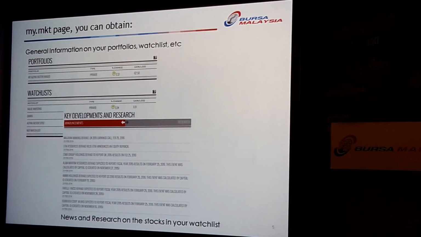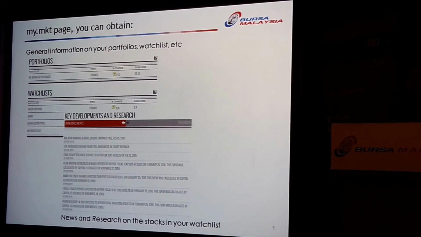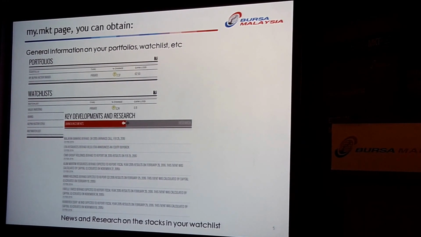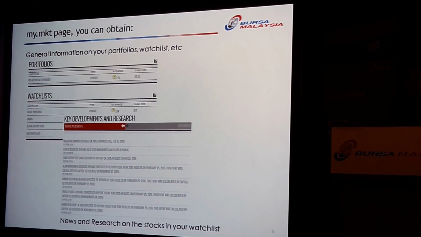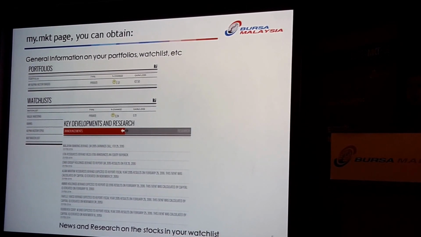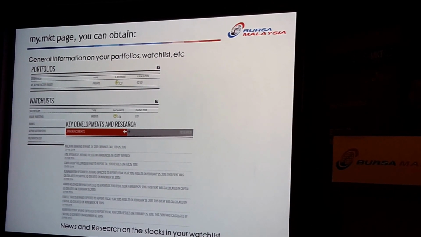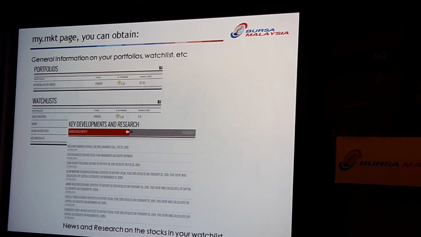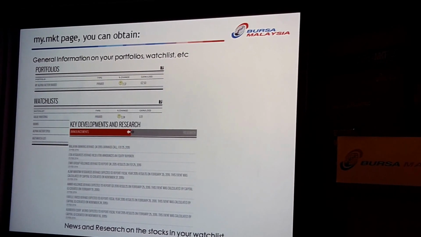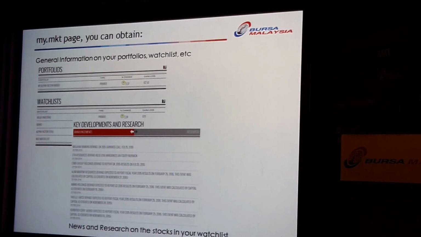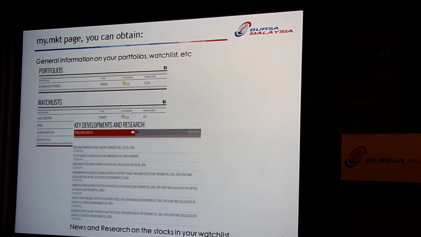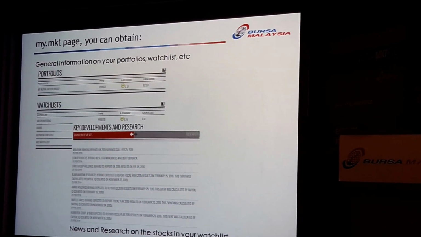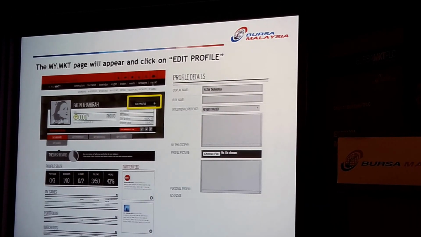Okay, what you can obtain from My Market is basically two things: your watch list and your portfolio. So this My Market is more like a personalized tool for yourself. It's mainly for yourself. You can put your own name, you can put your own pictures in there, and it's all yours, right? So general information on your portfolios, your watch list, and also if you follow certain